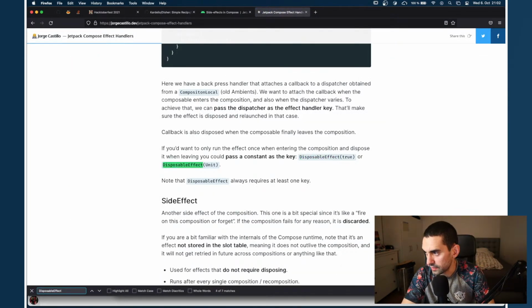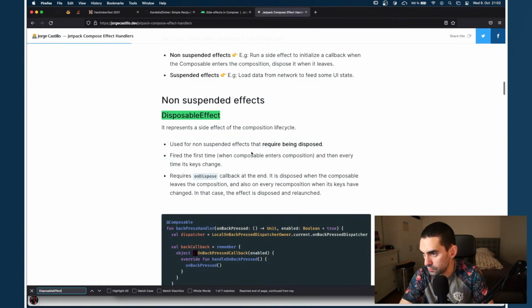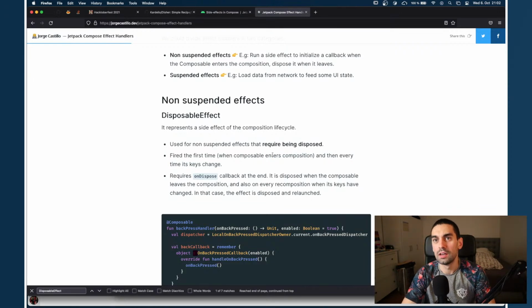Oh, DisposableEffect. Come on. I honestly don't know. It runs for the first time when the composable enters composition, and then every time the key changes. So I'm leaning very much towards yes, because the activity will be destroyed and composition will be torn down, and then setContent will trigger again, and it'll